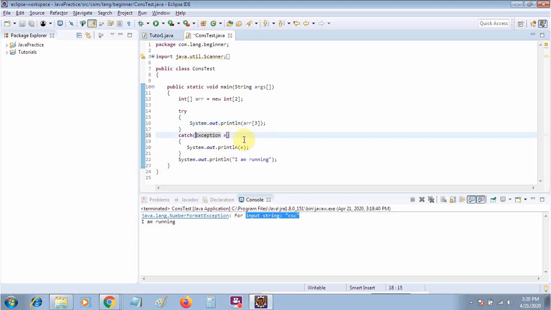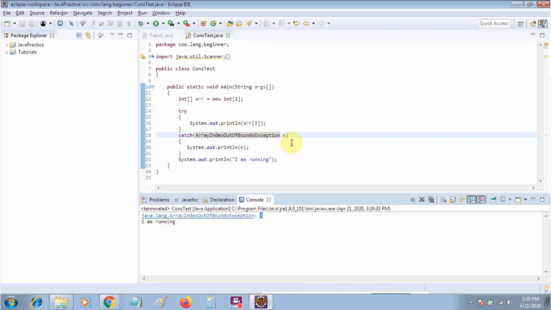Okay, so I will take the same exception as ArrayIndexOutOfBoundsException. Always remember, it is camel case, which means the first letter will be capital. ArrayIndexOutOfBoundsException, not bound exception. Okay, so this kind of exception you can check, it will appear.